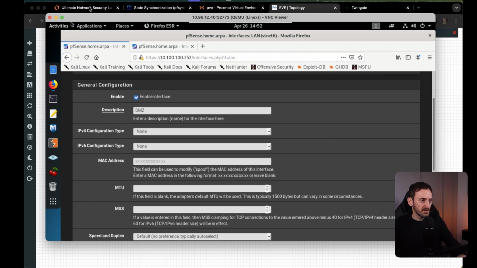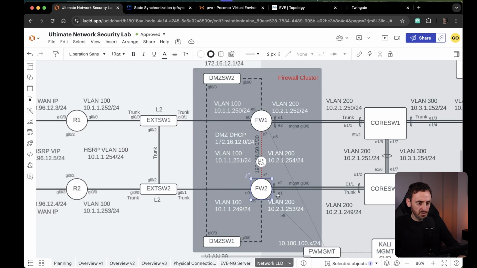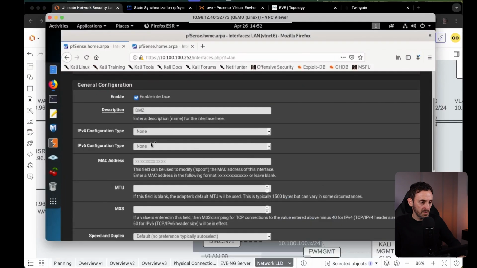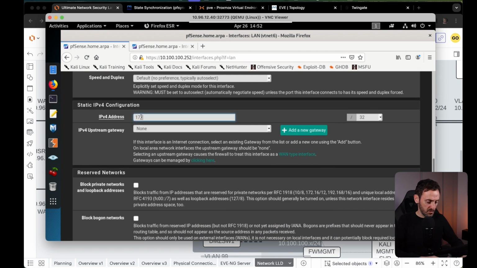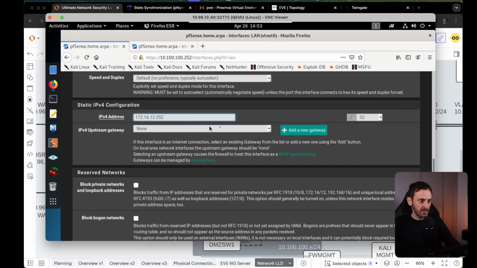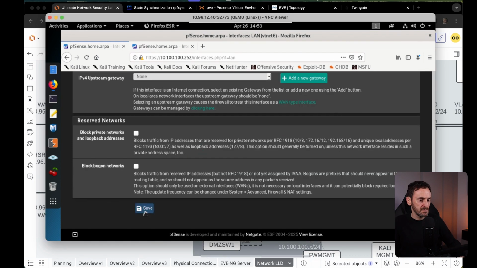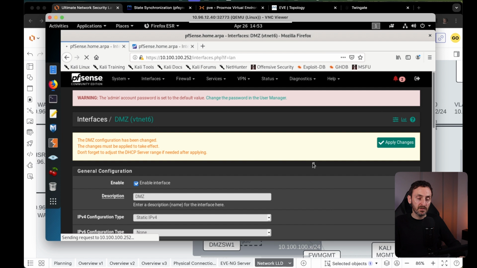Let's go back to the network design. Let's double check the subnet we used. So that one is going to be on the 172.16.12.0. Okay, let's just go back to the firewall. It's going to be static IPv4. Put in the IP address 172.16.12. This one is going to be 252, and then we're going to do /24. Click on save, apply that, and then we're going to go over to the other firewall and do the exact